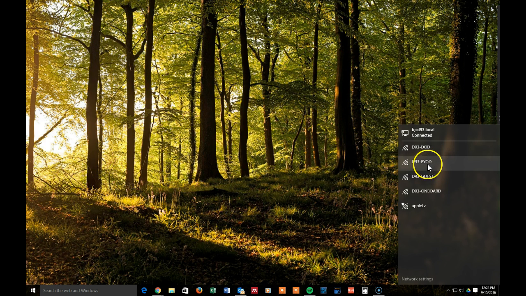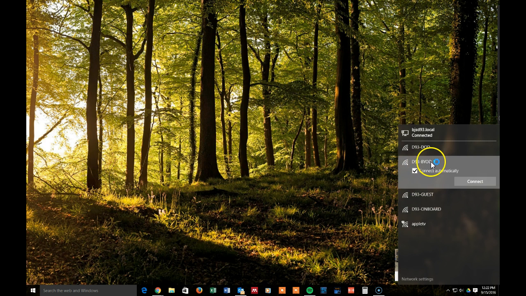And the BYOD is, like I said, that Bring Your Own Device network, and that's the one that we're going to want to connect to if this is our personal phone or our personal owned device that we want to use on the school's network. So I'm going to go ahead and click that network, and then usually it'll connect automatically so that you don't have to enter this information every time that you need to use your network at school. And so if I go ahead and hit connect,